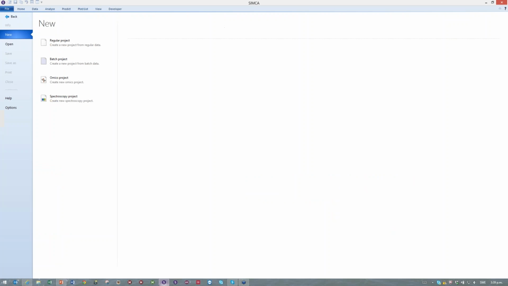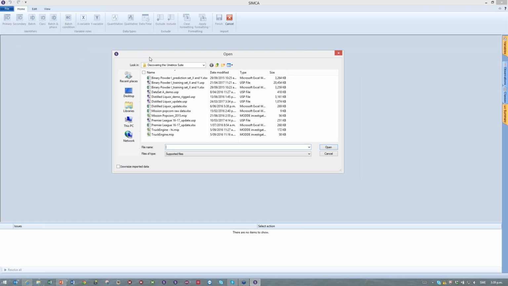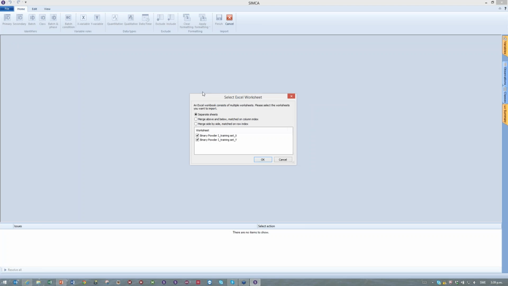This brings us to the software demo, and we're now going over to the SIMCA software, and the data set I will demonstrate is the first stage of the binary powder mixing experiment. We will import the data. We are locating the data for the binary powder 1, the training set, and then we will be asked a